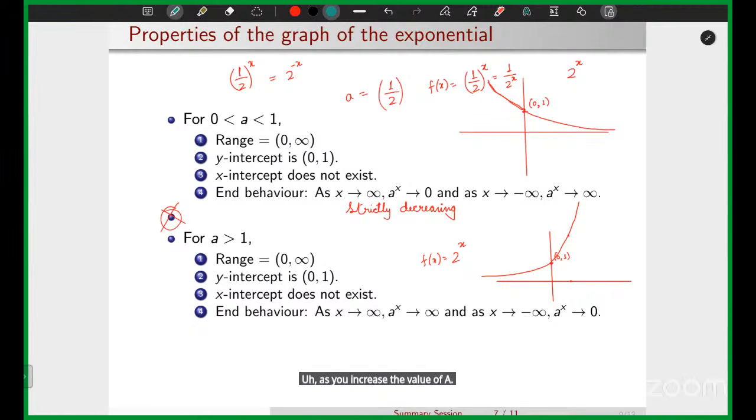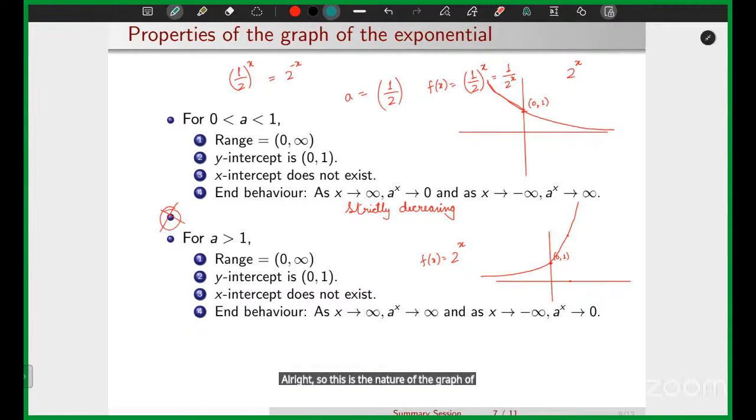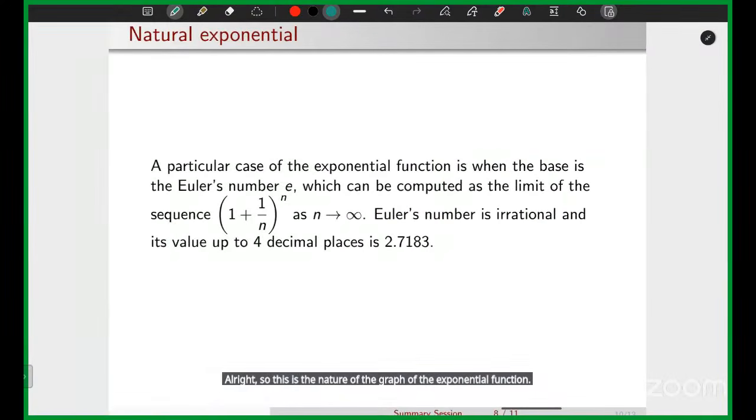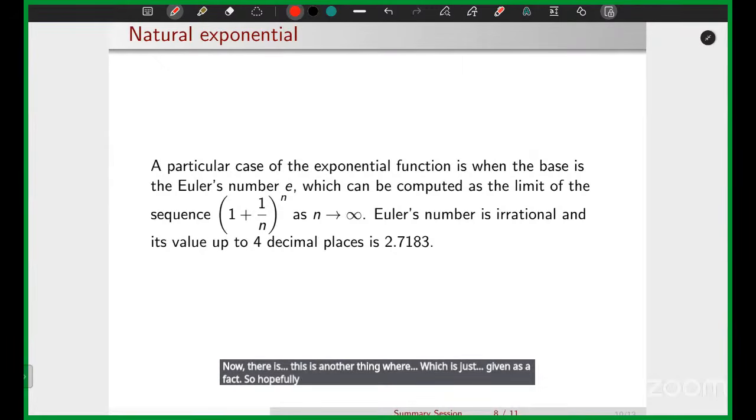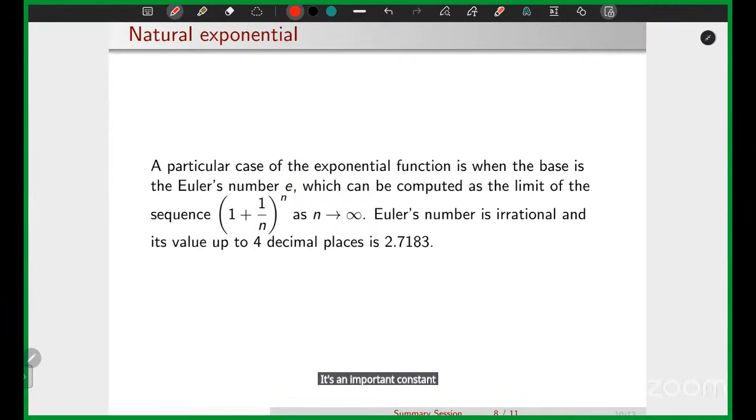All right. So this is the nature of the graph of the exponential function. Now this is another thing which is just given as a fact. So hopefully you guys have already encountered this number e. It's an important constant, an irrational number. One way to compute it is as the limit of the sequence (1 + 1/n)^n,